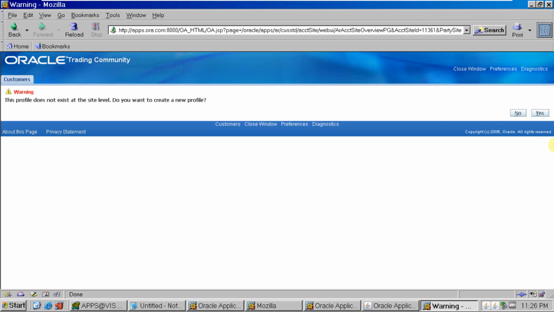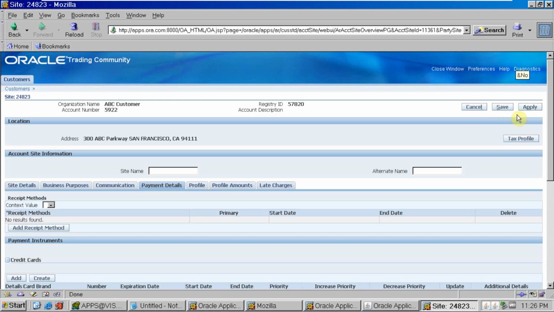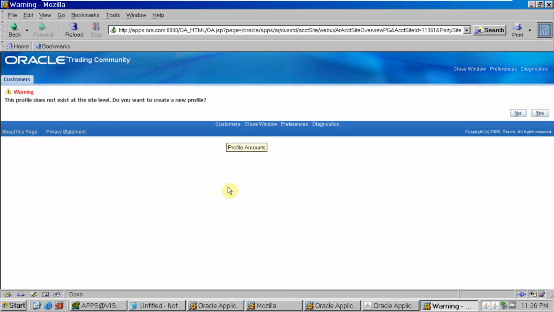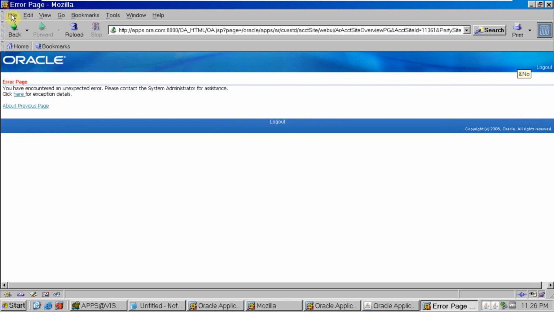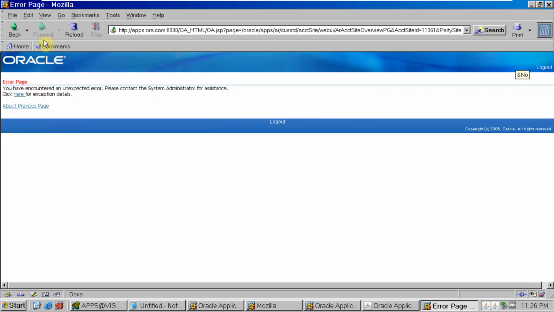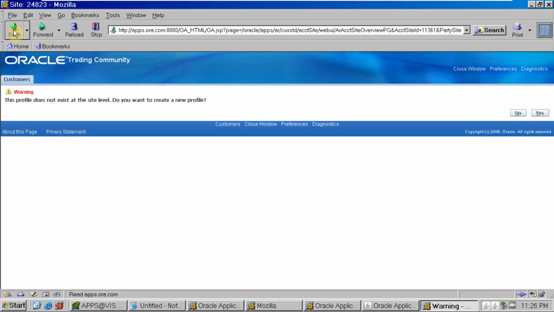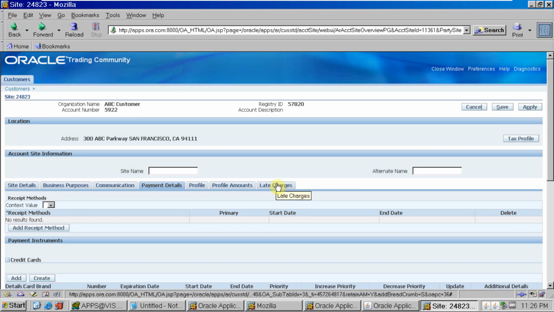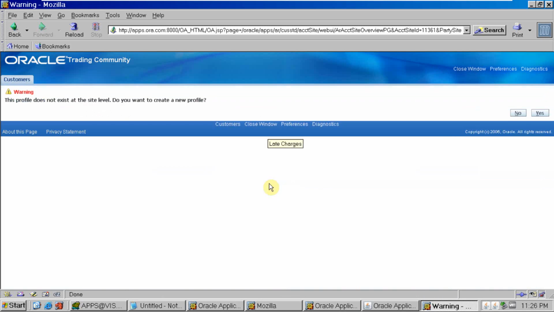This is a profile option. Do you want to create a new profile option, or I don't want to create? Profile amount. No. And this is for late charge.